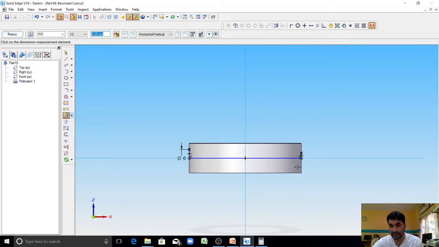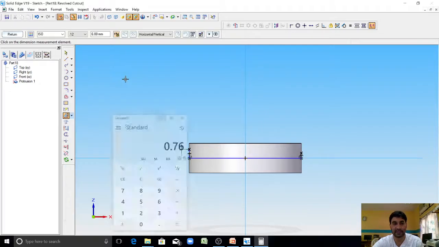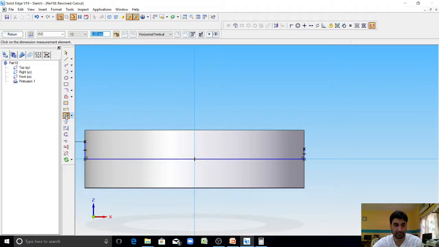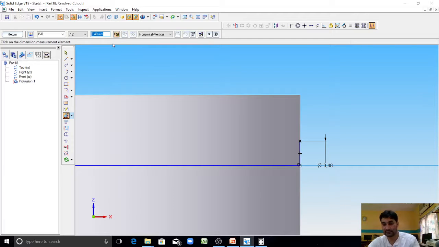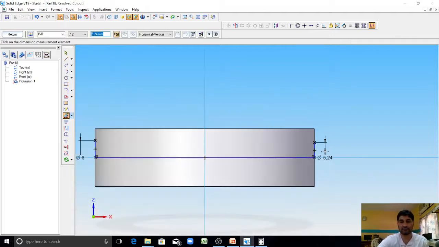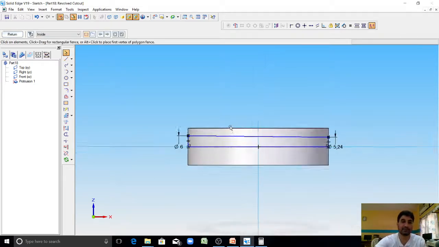The length of this is 38. So you have to calculate here. 1 divided by 50 equals 0.02 multiplied by 38 mm. So 0.76 reduction. So 6 minus 0.76 is the diameter for the other side. So I'll mention here from this line to this end should be 6 minus 0.76, that is 5.24 mm dia. So now from this end to this end we draw a line here. So the taper is maintained now.